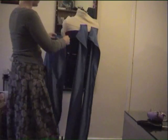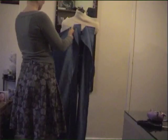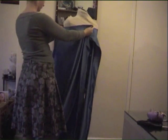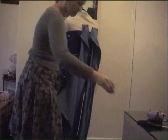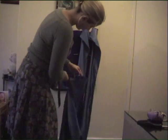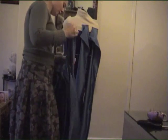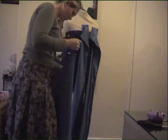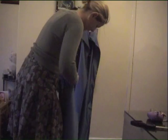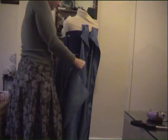Most dresses will have separate front panels because of the shaping of the dress. I pin them on my dress form just to keep my eye on where the dress is going and to make sure I'm not using too much fabric as I go. Remember, of course, that your fabric may have a shinier side depending on the orientation of the fabric, so try